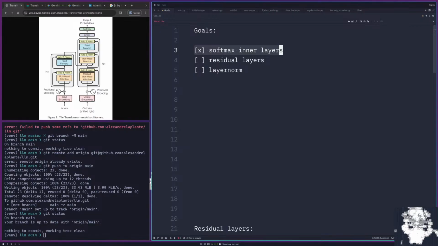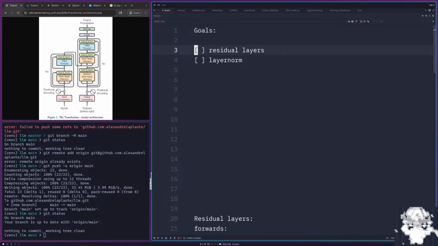The reason we had to do that is that before we were combining the softmax backpropagation step with the gradient of the loss function. So we couldn't actually use softmax in an inner layer. We needed a more complicated formula, which cancels out when it's in the output layer, but doesn't cancel out when it's in an inner layer. So we implemented that. It doesn't help us with anything yet, but on the left here, you can see this